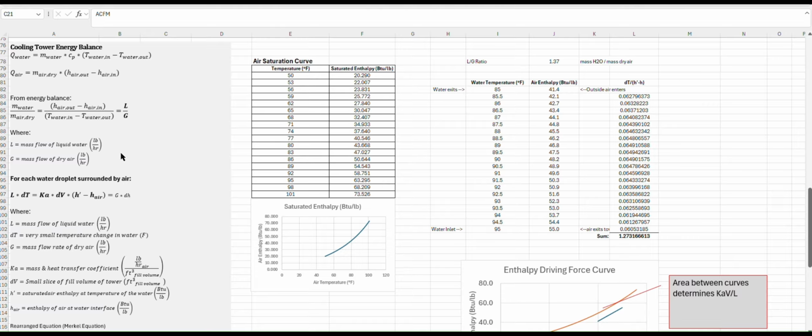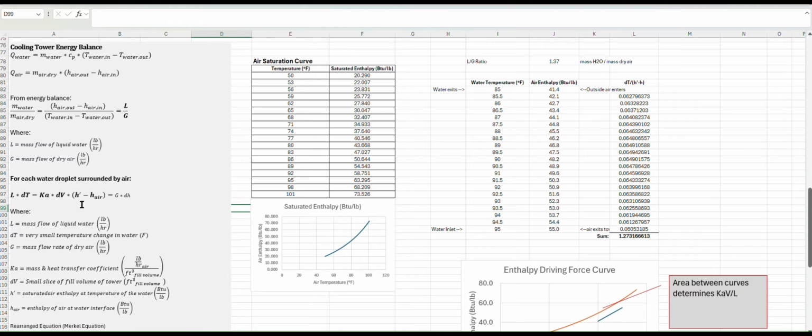The units that we're going to deal with for each of these mass flow rates is pounds per hour. And so when you do your pounds per hour divided by pounds per hour, obviously you end up with a unitless number. So everything that we've talked about so far is relatively straightforward, but the next step is where it starts getting more complicated. So this equation right here,